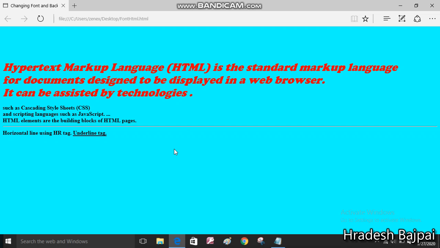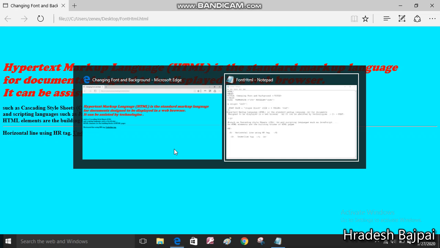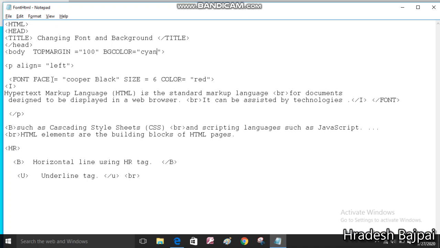Next important attribute of body tag is margin. Margin I have explained you at the beginning, and this is the last topic of this chapter, body tag margin. If you want to change the margin, you can use top margin. I have used top margin only.